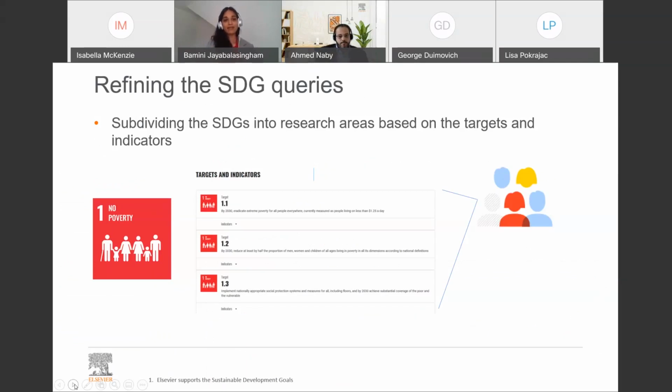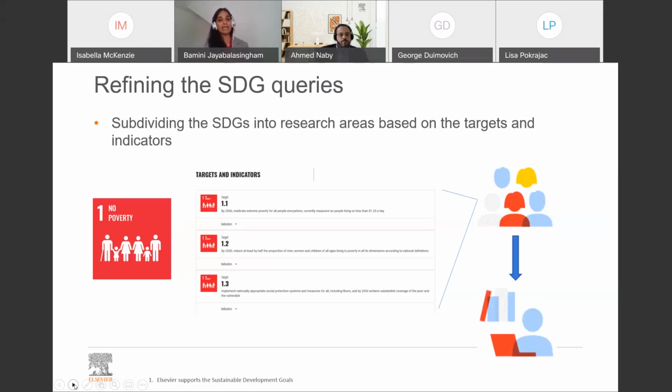So these are really specific. There was a lot of consultation among the query team to build consensus, and also desk research to make sure that we were interpreting the